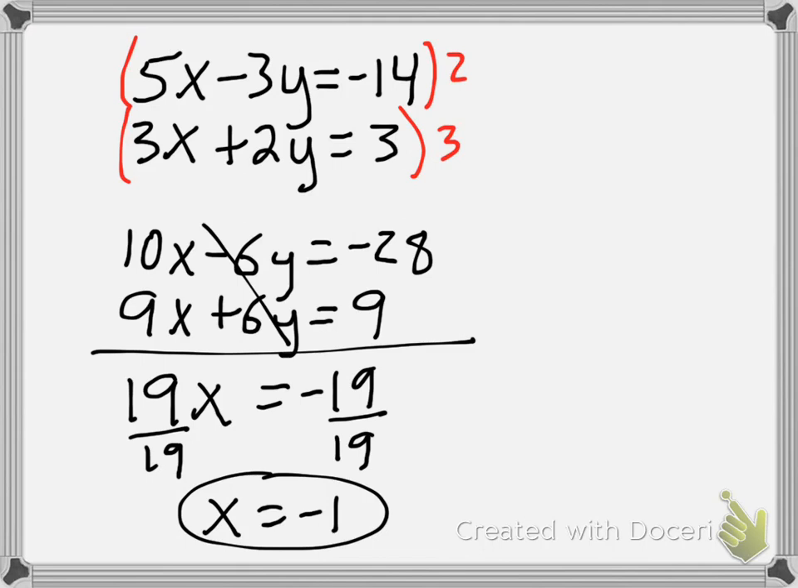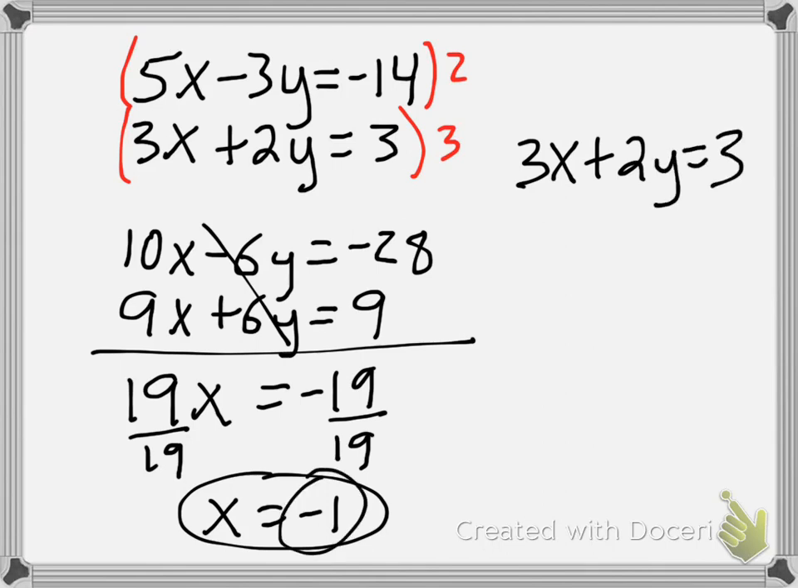So again, just like it was previously with elimination, you just pick an equation. Can be your original first one, your original second one, or even one after you've multiplied by a number. It doesn't matter. So you just pick whichever one you think's easier. I think with this one, I'm going to pick the bottom equation. So it was 3x plus 2y equals 3. And I know that my x now is negative 1. So if I plug in a negative 1 in for x,